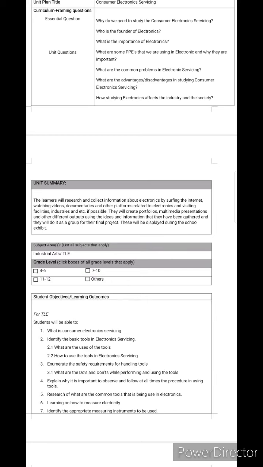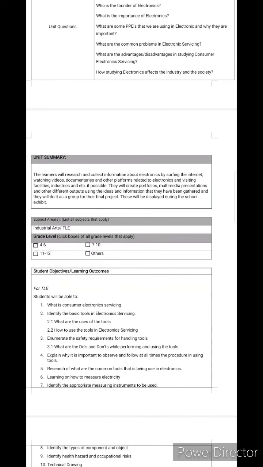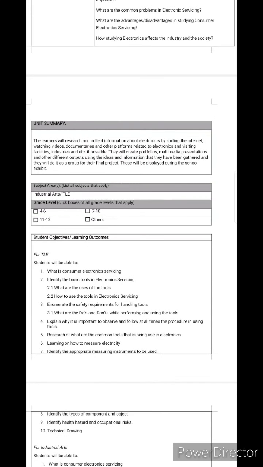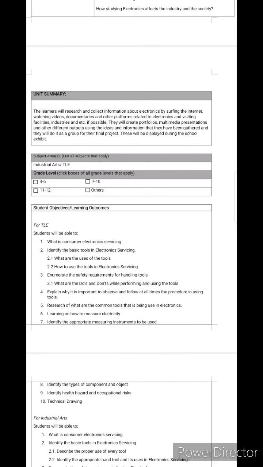For the subject area, industrial arts or technology and livelihood education, TLE. For the grade level, it is for grade 4 to grade 6, grade 7 to grade 10, grade 11 to grade 12, and others. For the student objectives, learning outcomes: for TLE students